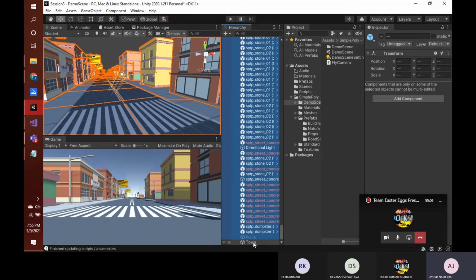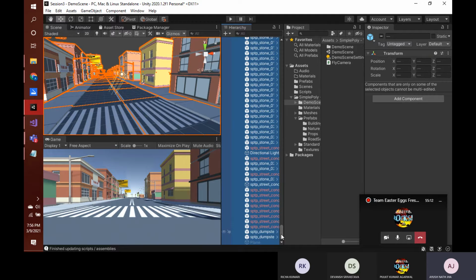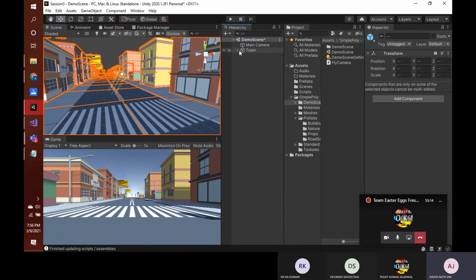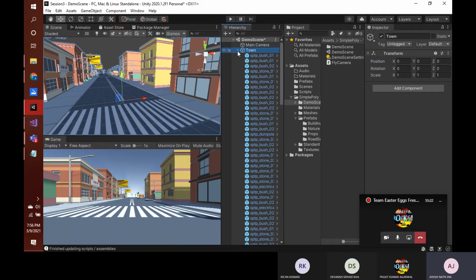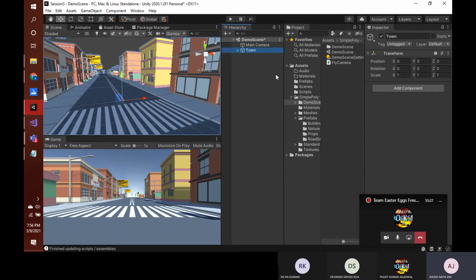All the elements except this town, everything is selected, and then we just need to drag and drop it within our town. Now you can see that everything is present in our town, and now our list looks empty. So it's good, so that we can now add all the other elements and still not get lost in this wilderness of multiple elements.